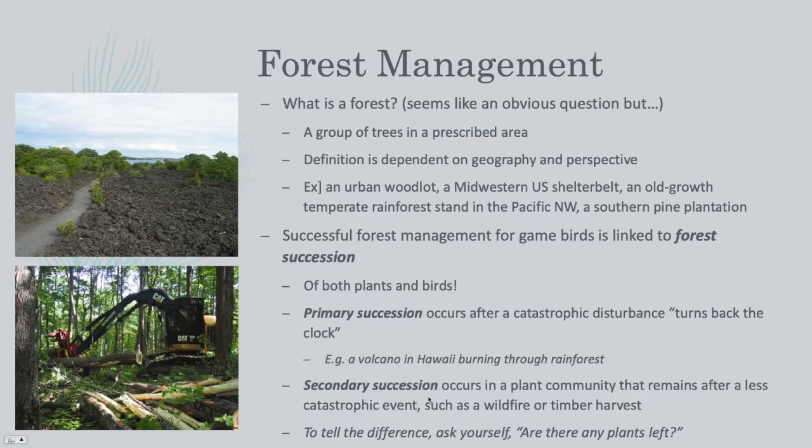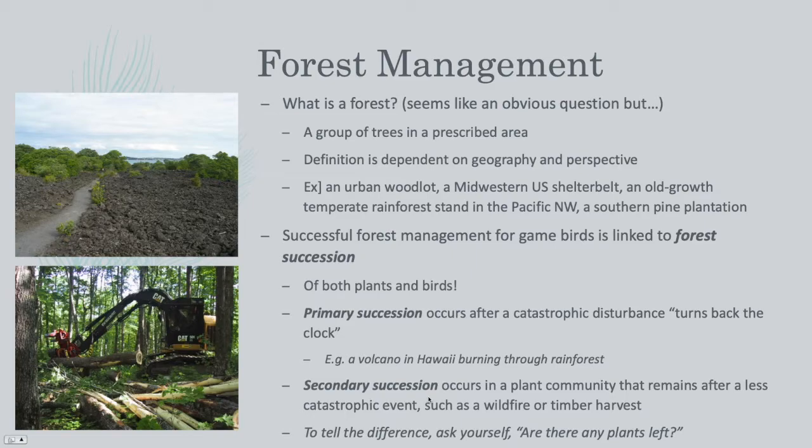Okay, so successful forest management for game birds, really for any wildlife, is specifically linked to forest succession. And forest succession can be considered from a perspective of both plants and from birds. So there's two types. There's primary succession, and this occurs after a catastrophic disturbance sort of turns back the clock on our vegetation community. So the top image on your screen now is a lava flow had affected this area